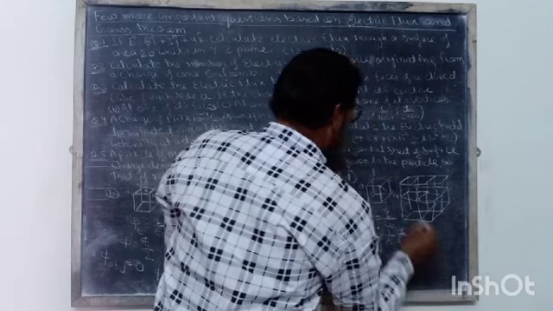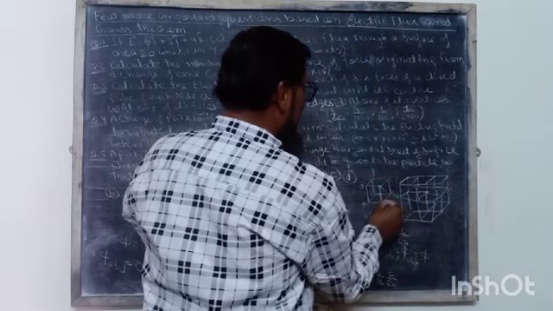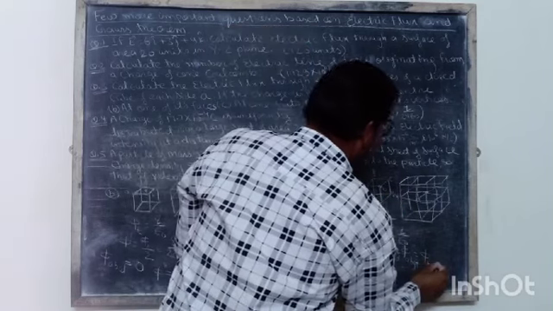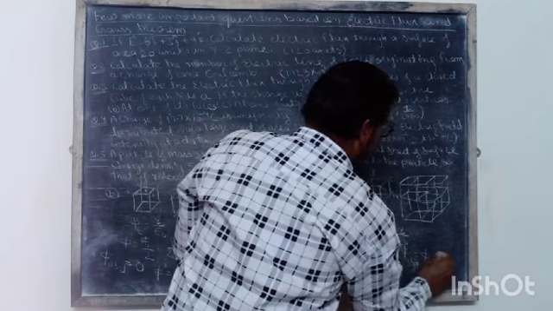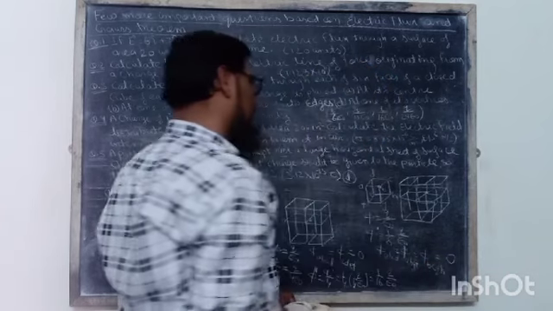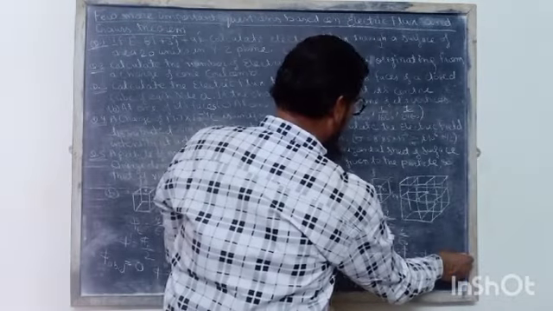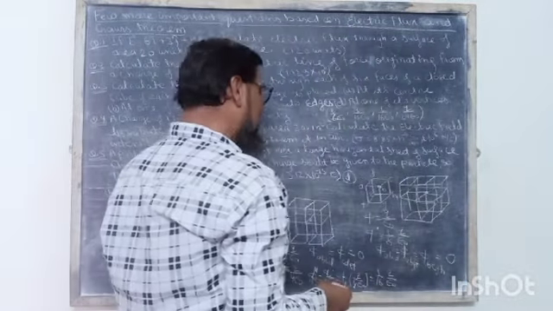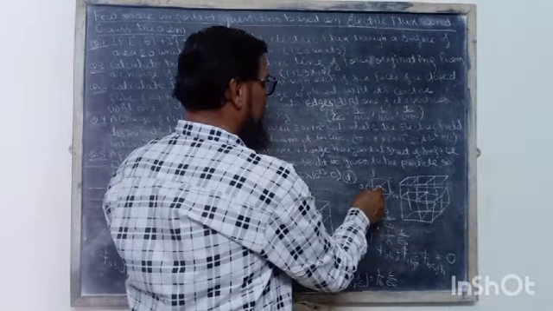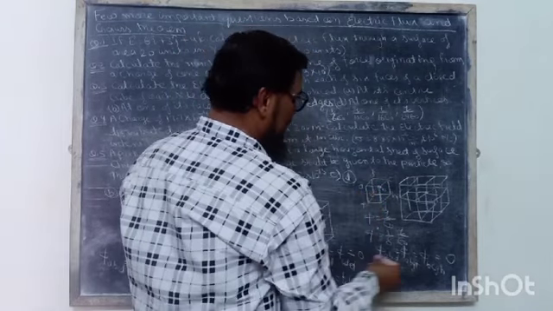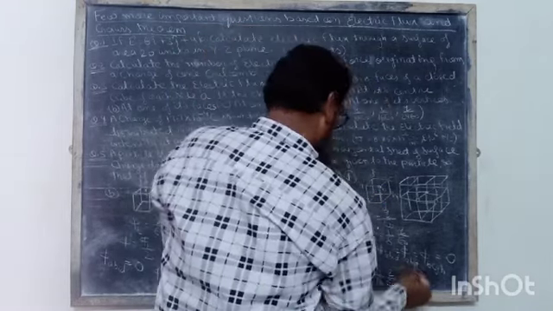The third face B, C, G, H. This face is also touched by this charge, and due to all these, the net electric flux will be equal to 0, and the remaining 3 faces, which are not touched by this charge, will be equal to